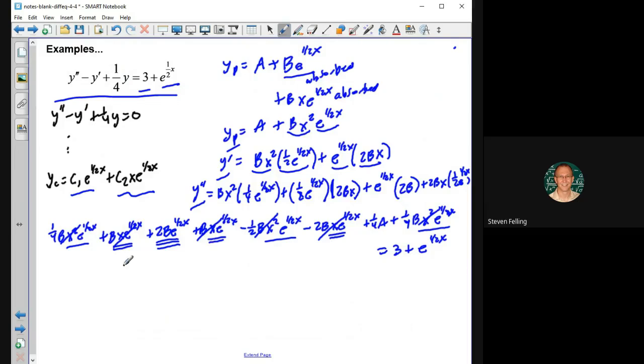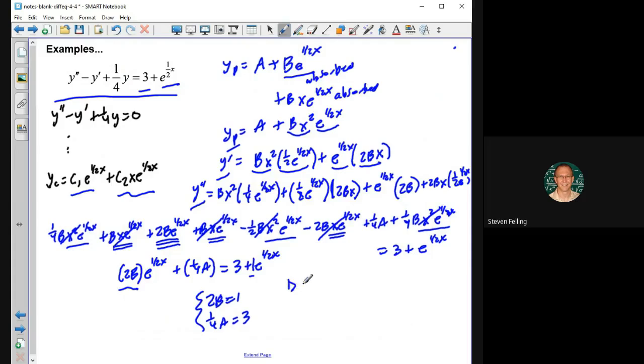So let me write that. We've got 2b times e to the 1/2 x. And then the other term over here is this, plus 1/4 a. And that has to equal 3 plus e to the 1/2 x, which means that 2b has to equal 1. So I can start making a system here. 2b has to equal 1, and 1/4 a has to equal the constant term 3. All right, so it looks like we've got b is equal to 1/2, and we've got a is equal to